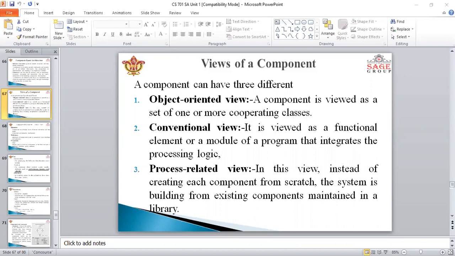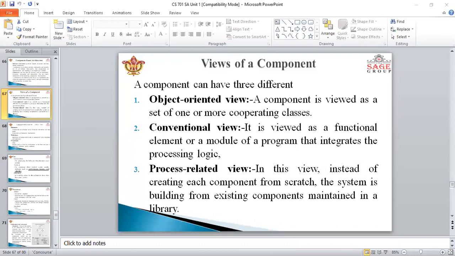In the process related view, instead of creating a component from scratch, the system is built from existing components maintained in a library. As the software architecture is formed, components are selected from the library and used to populate the architecture, right? So these are the three views.